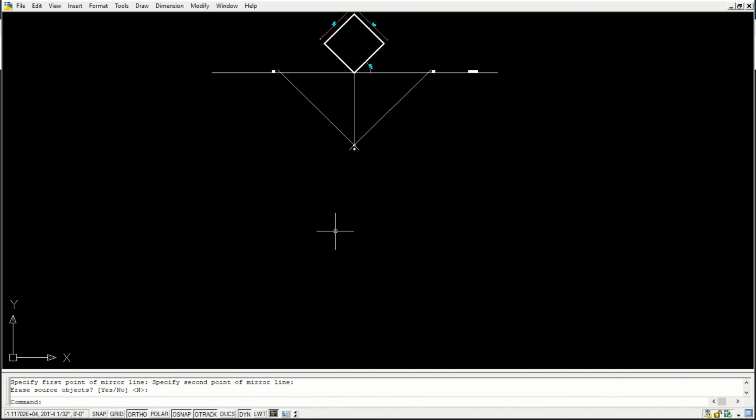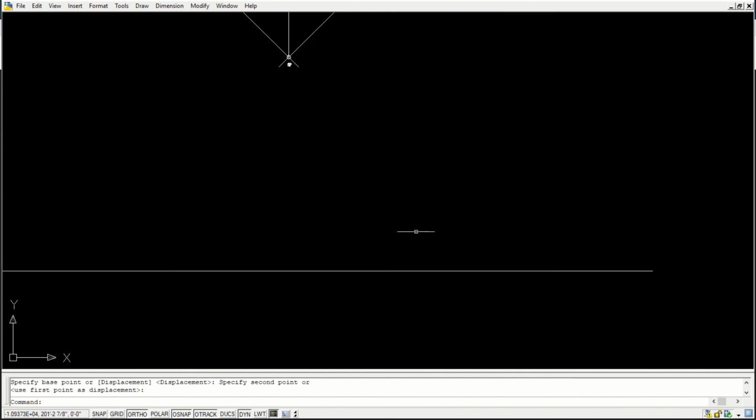Okay, now what I do is I'll draw one ground line. It's too close. Let's see. This is a ground line.